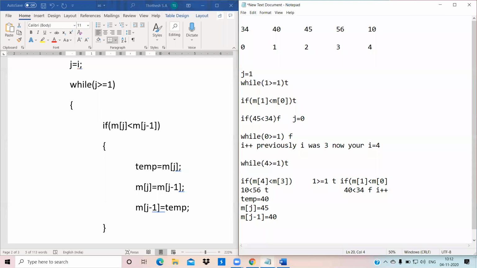10 less than or equals to 56, it is true. What do we do? We remove this value and store it in the temp variable. Understood? For m of j, that is m of 4, we put the m of j minus 1 value, 56. Again we remove this, okay, and for m of j we put 56.